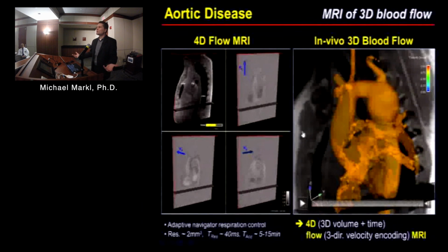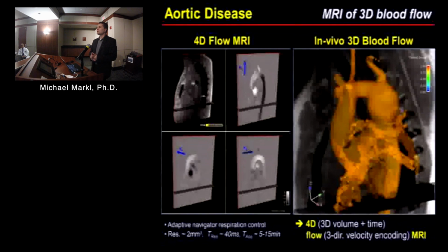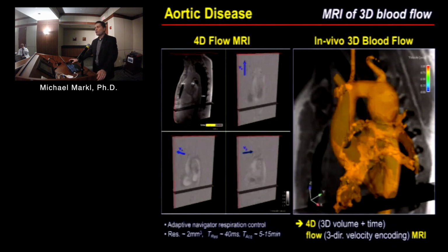Of course, scan time is now much longer. For the last slide, we could do this in a single breath hold. Now we need to acquire data in 3D over the cardiac cycle with 3-directional velocity encoding. So this results in a much longer scan time. And that's what initially hindered the application of that technique. In the early implementation, it took about half an hour to acquire the data. You could do this in a research setting with a very patient volunteer, but certainly not with a